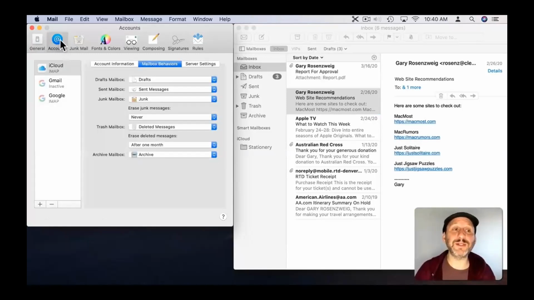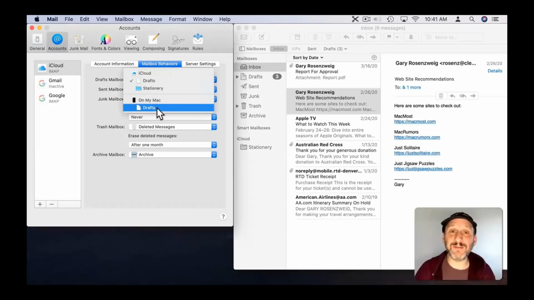Next let's go to Accounts. Now what you see in Accounts is going to depend on what email service you're using. So whether you're using iCloud, Gmail, your ISP, your corporate email, something else, you're going to see different things here. So just looking at iCloud, there are a few useful things you could set up. One is Drafts Mailbox. I know especially for Google users, they see tons of drafts getting saved into Google's Drafts Mailbox. You could change that to On My Mac and use the On My Mac drafts.